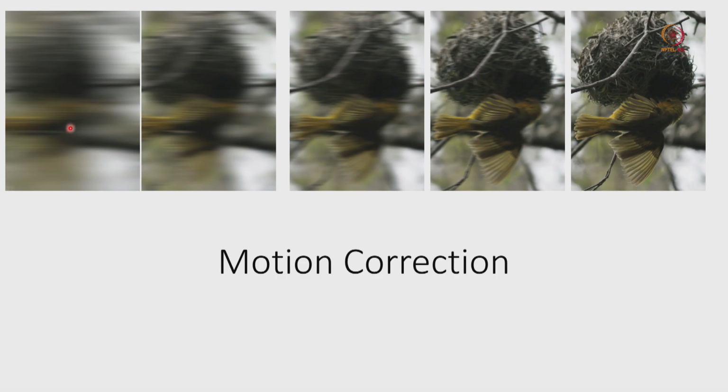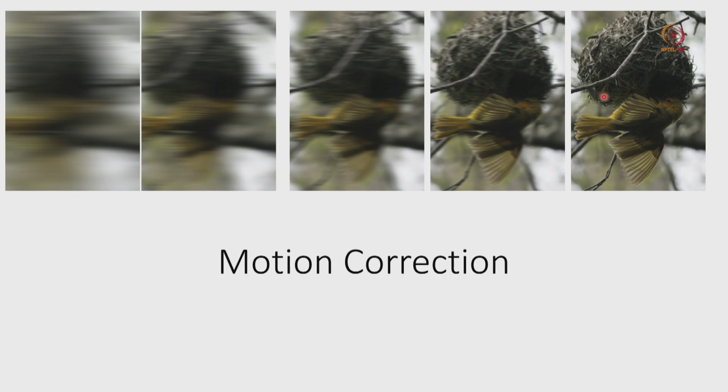Here there is motion, because these things are constantly changing while we collect the image, and you can see that change gradually. If you just align those frames with each other and make an integrated image, you will get this kind of image. When something is in motion and you try to take an integrated image, your image will be blurred, so you will lose a lot of fine details. From this one you can also tell this is a bird and this is a nest, but it is a very blurred image.